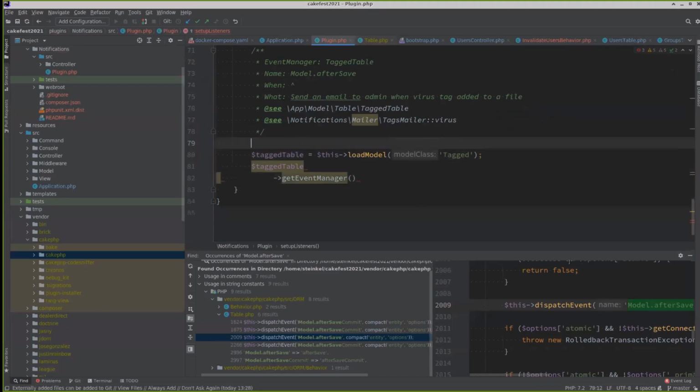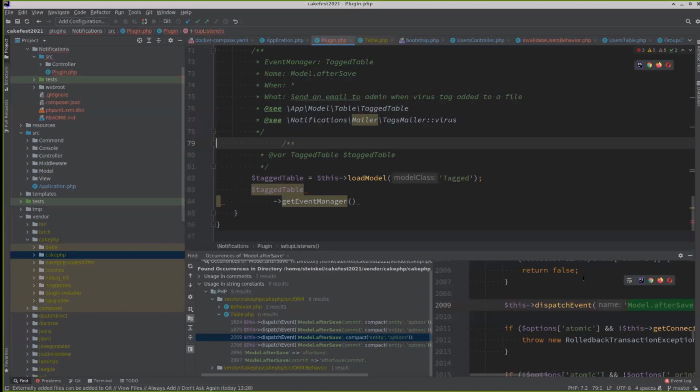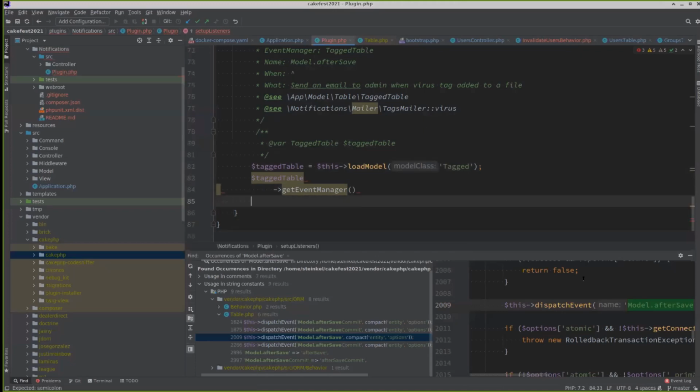Let me help my IDE to autocomplete this way. Oops. Okay. Good. So we are getting an event. We are getting the event manager. Oh, the problem was this one. We're getting the event manager, and then I'm going to register, or link, a new event using